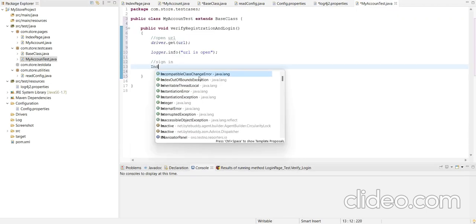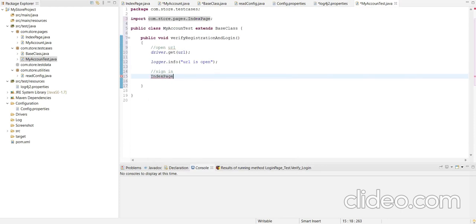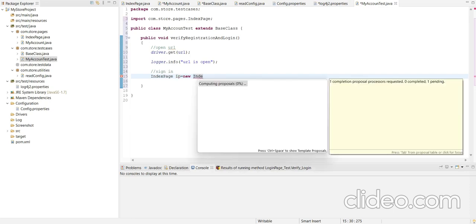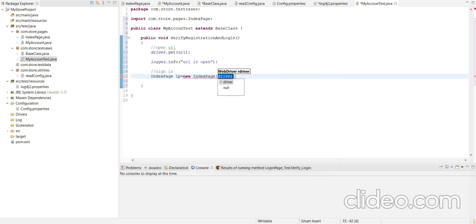So first we will create the index page object and we pass the driver here.